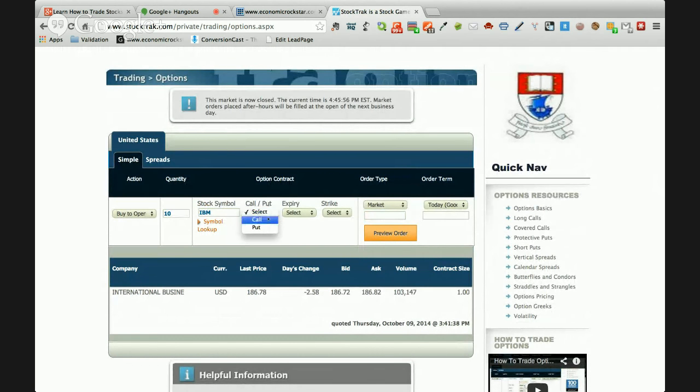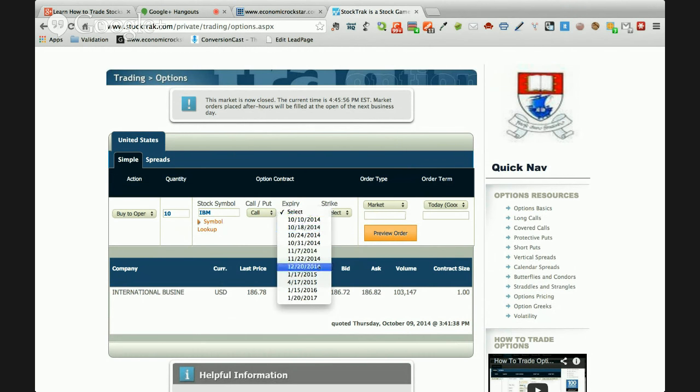So again, I might believe that IBM has gone up in price or will go up in price. If I believe that's going to be the case in the future, and because I'm buying 1,000 IBM shares, I don't want to be putting up $186,780 worth of capital in order to buy those 1,000 shares. Remember, your 10 contracts by 100 shares each is 1,000, and that's a multiple here of my last price, which is 186,780. So rather than risking some of my capital, what I could do is buy a call option, select